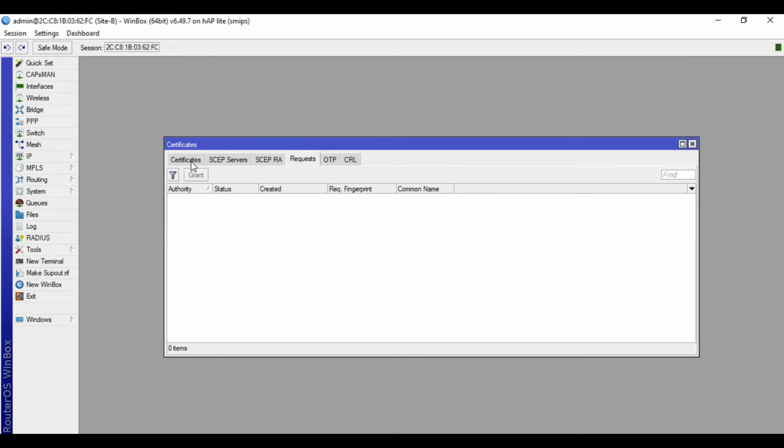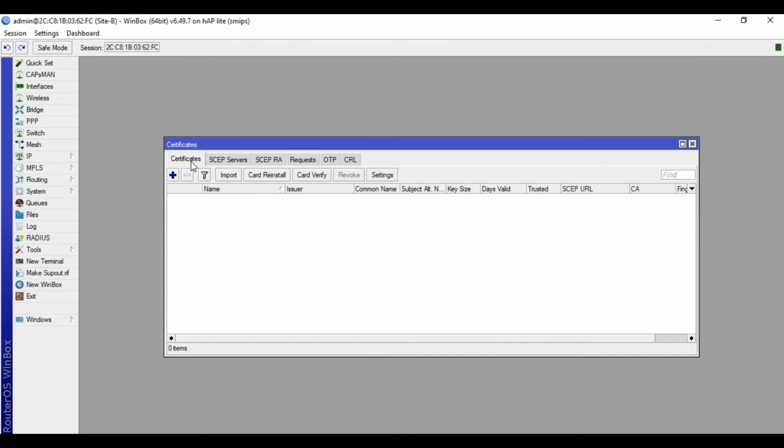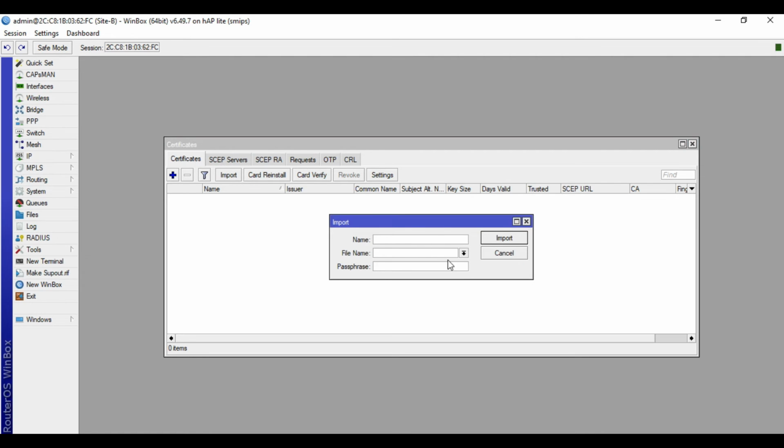Go to Certificates tab. Click the Import button. Then the file name, choose the mycert.crt. Then the passphrase, input here the passphrase that you created when you exported the certificates. So in our case, it's VPN12345.